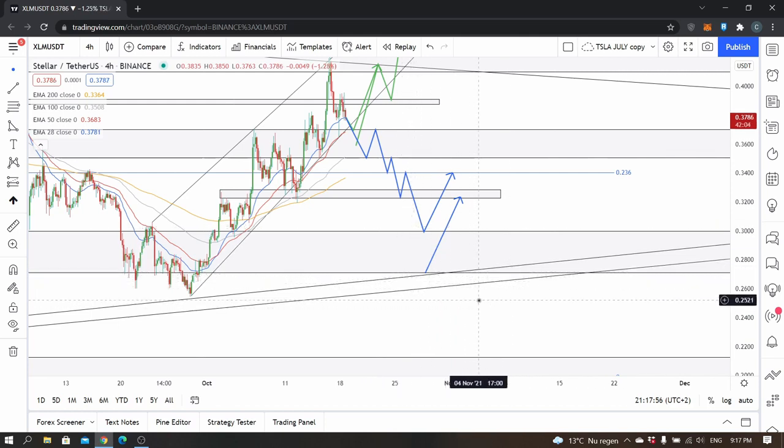I just think it's very high probability that if the price reaches this area, so that would be around the 27 cents, and you would have to draw the trend lines yourself. You could have seen those on the daily time frame. I think that's just a very low risk trade. But again, the possibility of the price of Lumens getting here is quite small in my opinion.